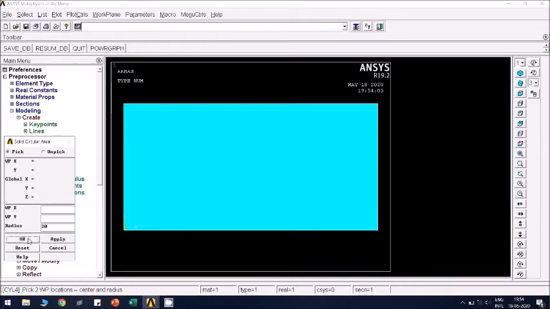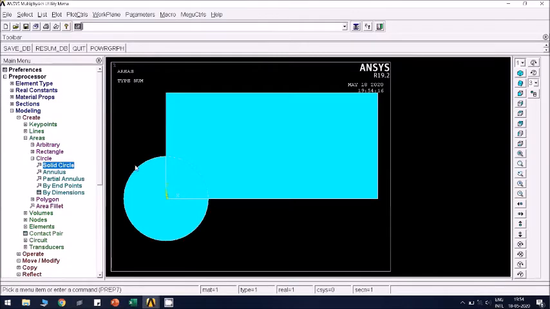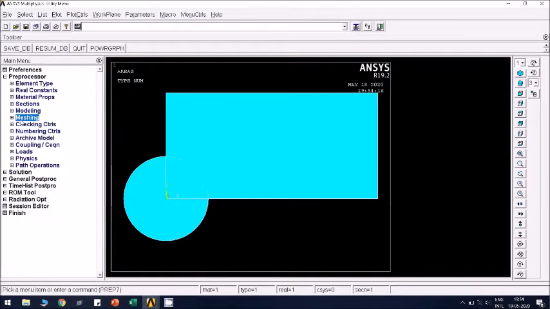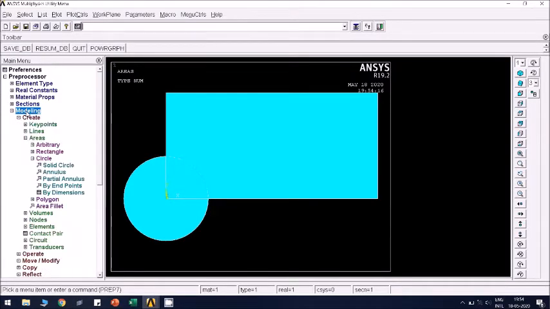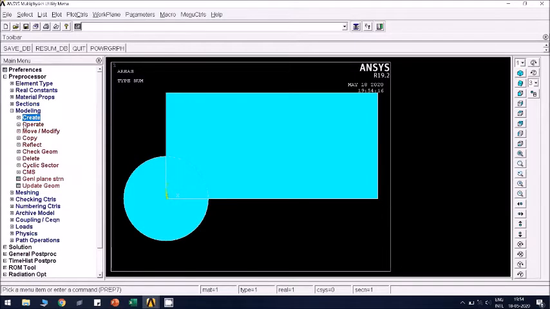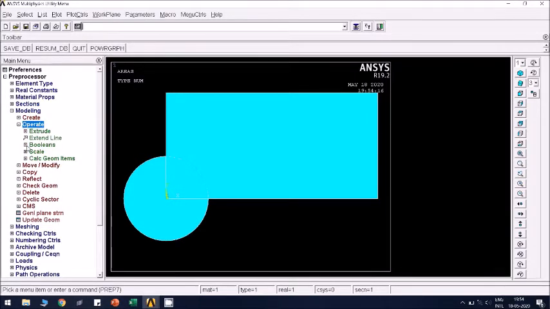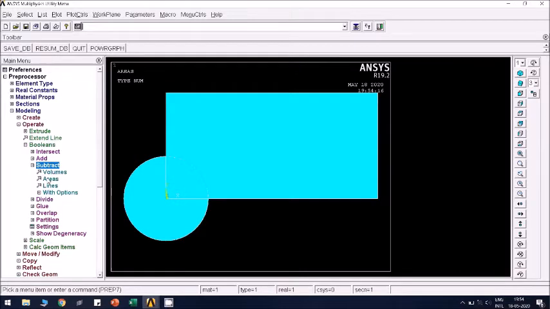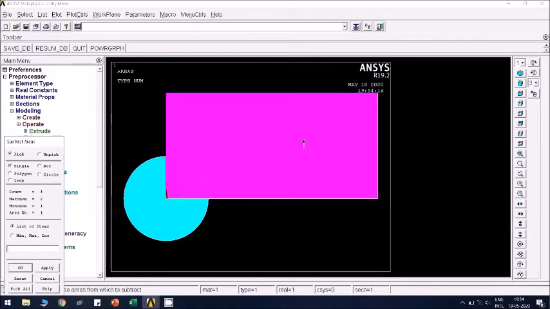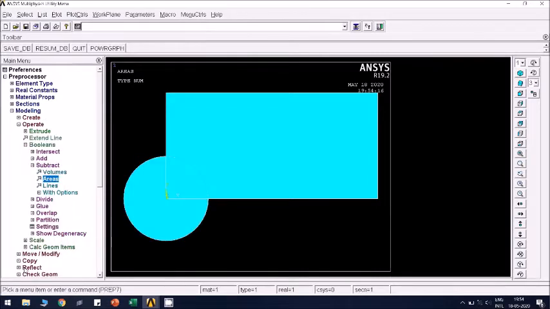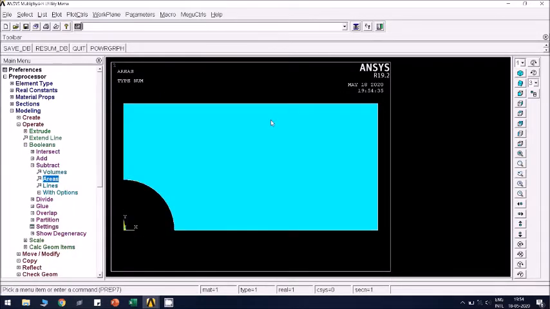Click OK. So it is created. I'll subtract this. Subtract is a Boolean operation which comes under operate. Operate, booleans, subtract, areas. First you select the rectangle, click OK, then select the circle, click OK. So this is the geometry that we are going to use for solving this problem.